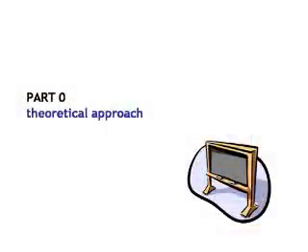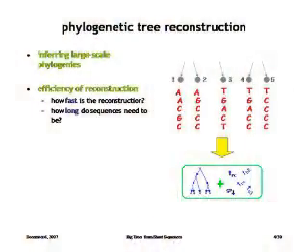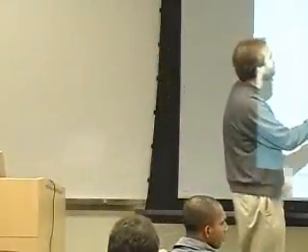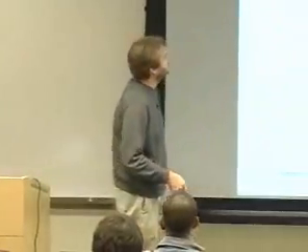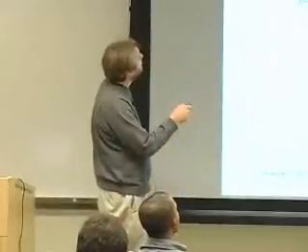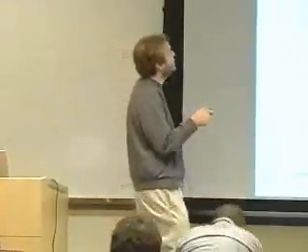Okay. So let me just start by telling you what is our general approach to these problems. I'll go through some of the things that people have said before, but I just want to make sure that everybody knows what I'm talking about. So my problem is this. I have a bunch of species. I get some aligned DNA sequences from them, and I'd like to reconstruct their evolutionary history, so the phylogenetic tree that led to them. In particular, I'm going to focus on large-scale phylogeny. So think hundreds or thousands of species. And I'd like to construct algorithms that are efficient.